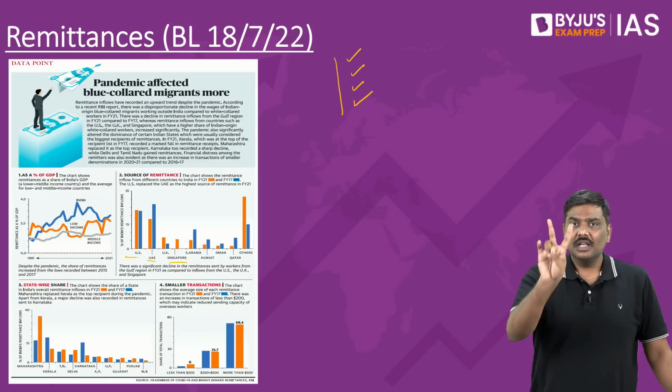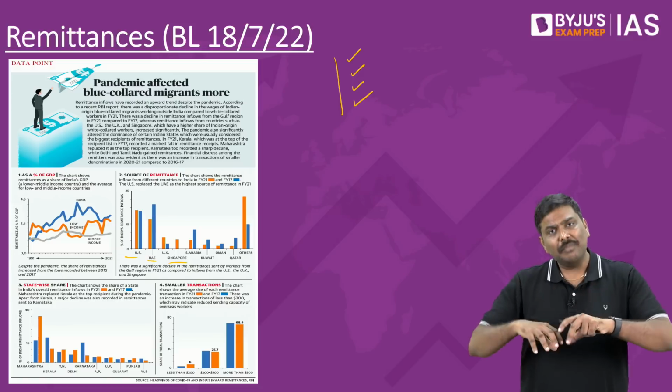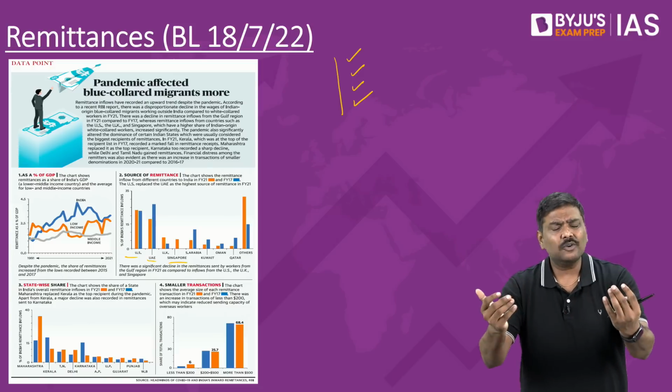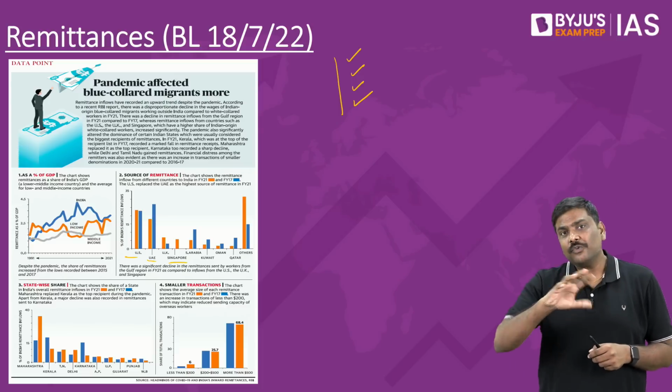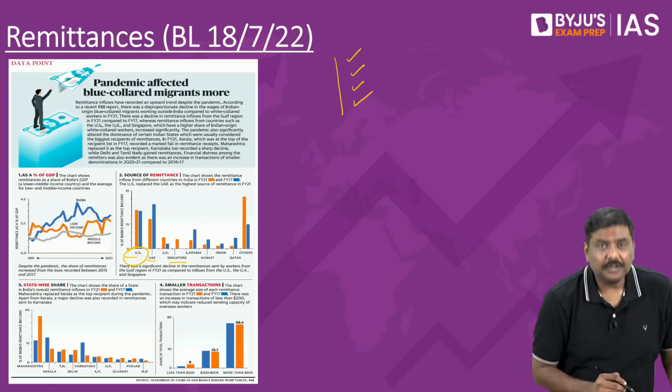First kind of question. Second kind of question, which of the following countries account for majority of the inward remittances? That could be another question. So these kind of questions can be asked in UPSC. Please make a note of this. So as already mentioned, USA